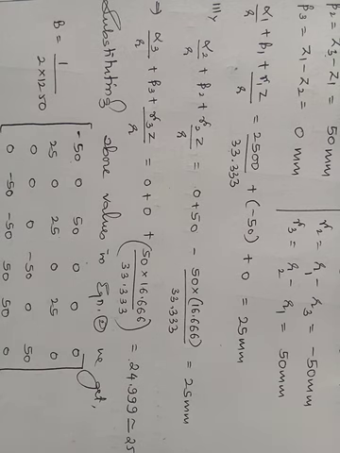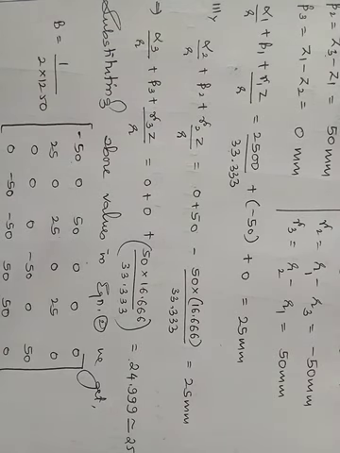Right, for alpha 1 and alpha 2, if you just calculate it accurately, the value will be 25.0007. Since you are getting 0007, which is a very small value, I have approximated it to 25. Once again, why I have done this? Just to get a whole number in the matrix, because if you are taking decimals, then once again it is very difficult for us to multiply in later stage. Right, so as far as possible you just try to get whole numbers as your answers.